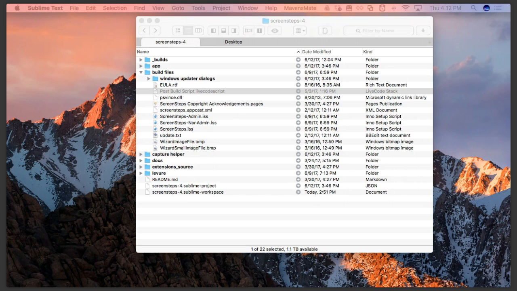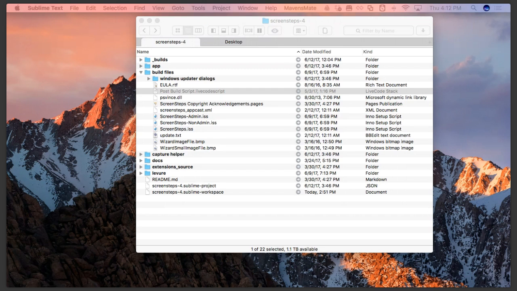Now you can't do that with the community version. If you're building with the community version of LiveCode, if you're trying to package up an application, Levure will not password protect stacks. It won't try to, it won't encrypt them. But if you have the business version, then you can. Or I think Indy or business, right? So